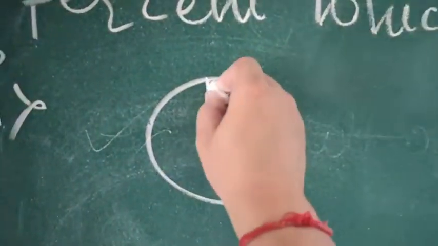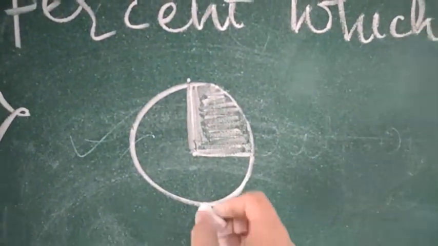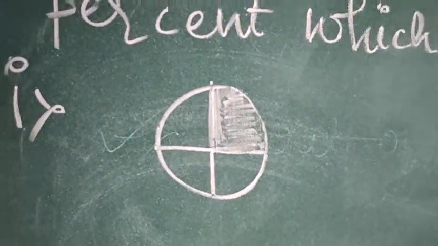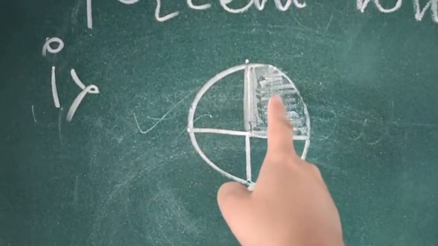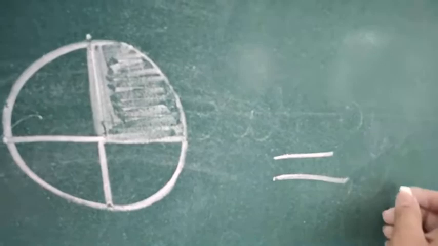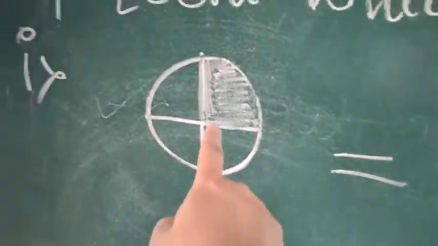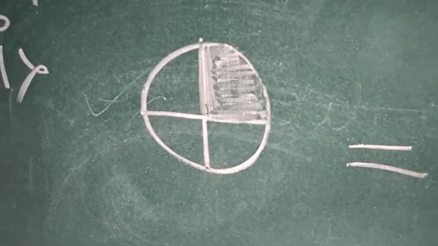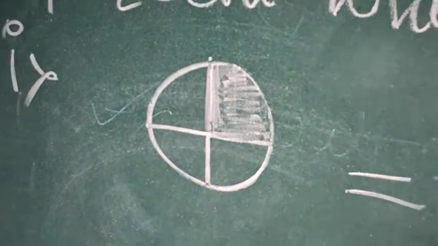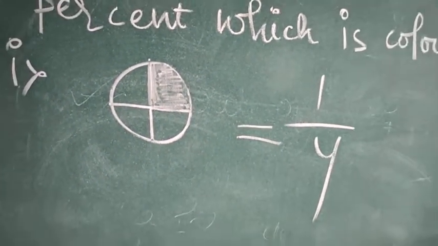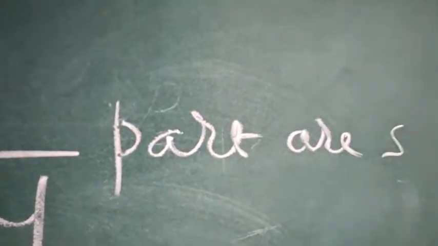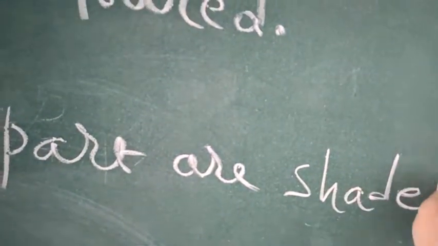So you can see that when you elongate this line, right? So when you elongate this line and when you count the total part of this circle, 1, 2, 3, 4, right? So you can see what is the total number of the part in a circle, 1, 2, 3, 4. So out of this 4, how many parts are shaded? Only one part, right? Only one part. So you can write 1 by 4 part are shaded, isn't it? So I hope you understood how I did.